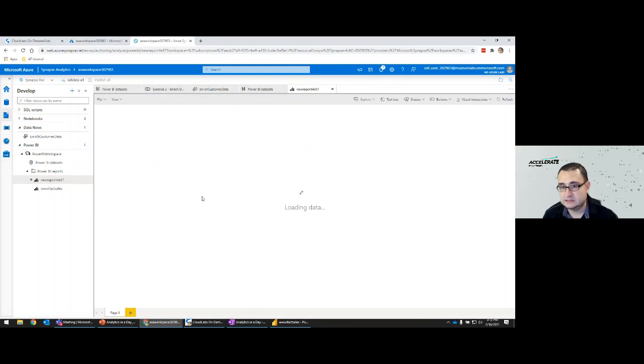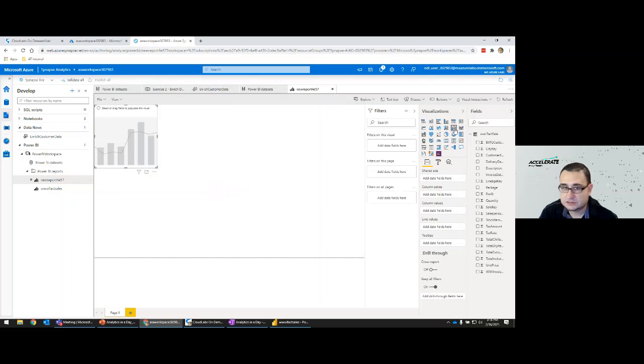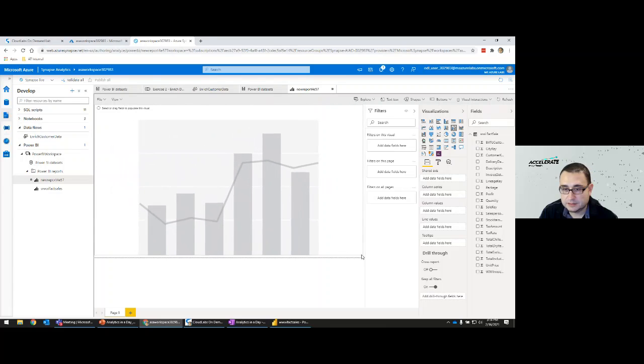And what opens up is the development environment, similar to the one you get in Power BI Desktop, but now in the web. So now you're authoring and visualizing reports in the web as well. Everything is self-contained, seamless integration, no need for additional tools or installations. So the next thing we're gonna do is create a chart. In this case, it will be a column chart with a line cluster chart. So now we have a placeholder, we're gonna make it bigger.